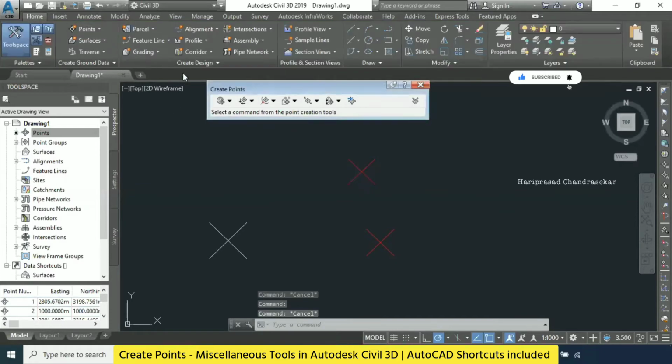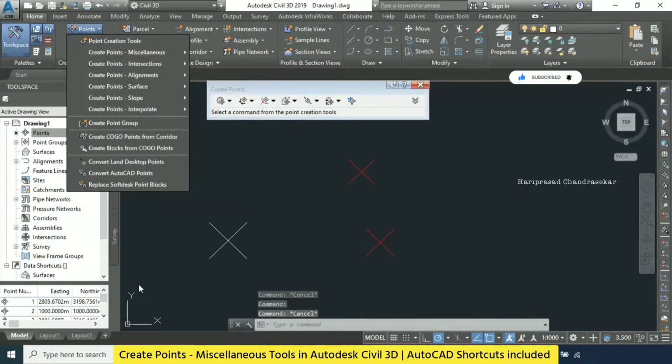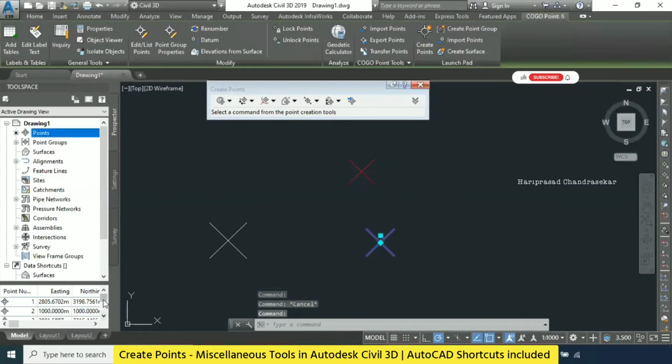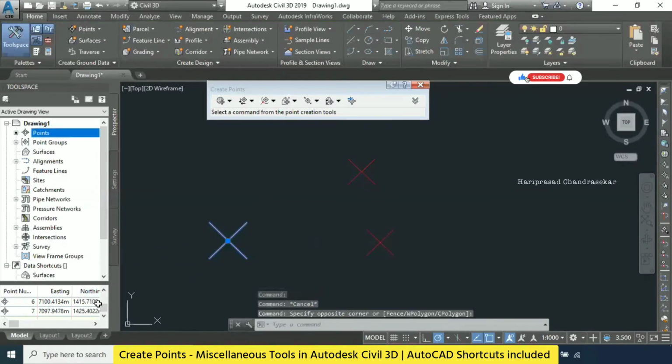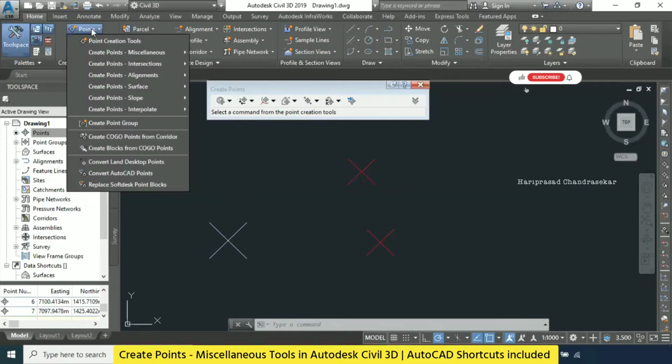See, whatever we are using, the bottom one. I'm asking about the other one. This one is also Civil 3D. The left white one is not Civil 3D. That's why I said it's still an AutoCAD point. Even after converting, it will still be in AutoCAD. It won't convert, because we also have another option, converting AutoCAD points, that you can make use of.